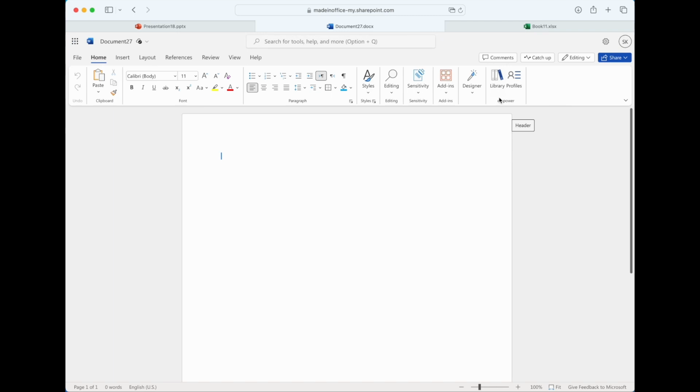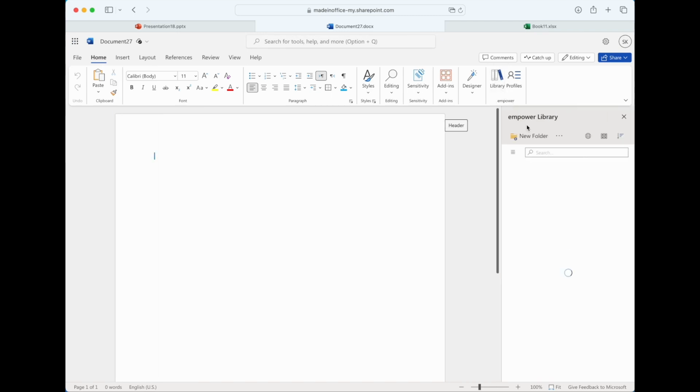In Word, it's the same story. We have the Empower library directly integrated as a web add-in. We can now, for example, say we want to create a new document based on a template. So we click here and choose a specific template, for example a normal letter, and we open it up